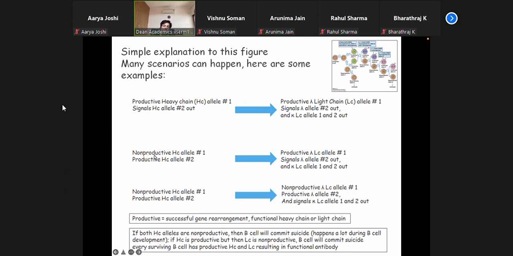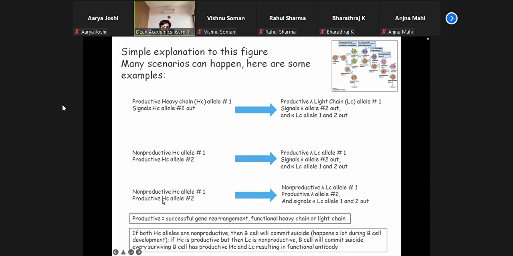Scenario 2 could be that you have a non-productive heavy chain allele rearrangement on one of those alleles. Then you start with the second allele, right? And if you get a successful rearrangement there, then you start again with the same situation where you are rearranging these gene segments on light chain. And for example, if one is successful, you don't require these two. The third situation could be that